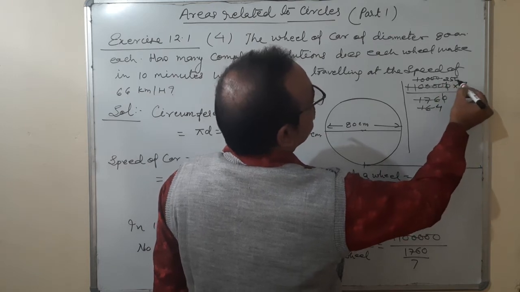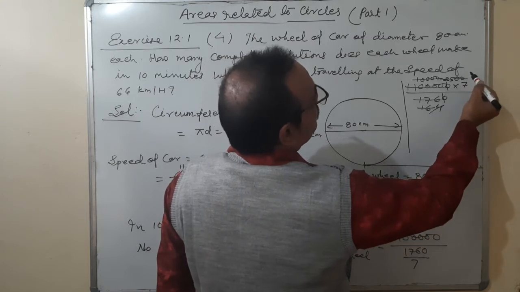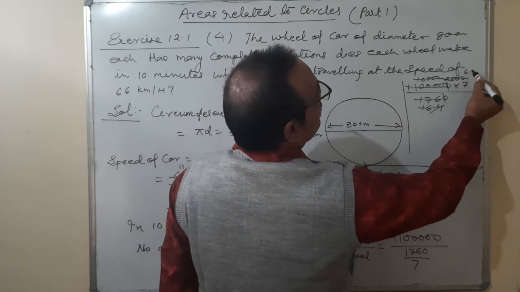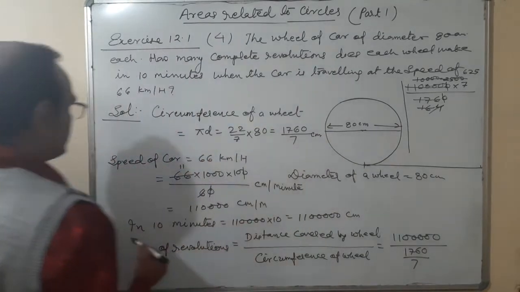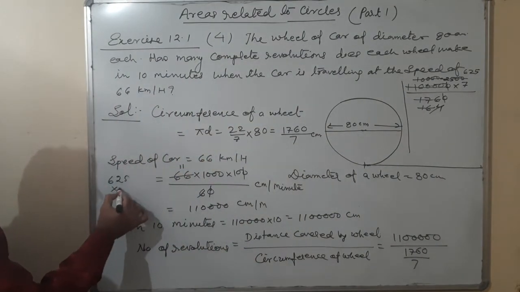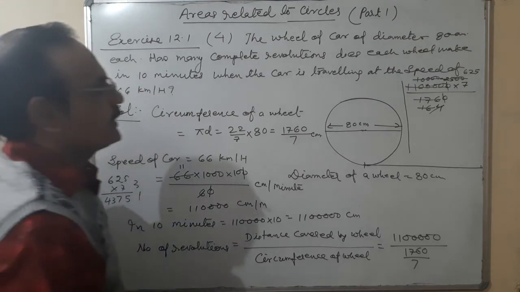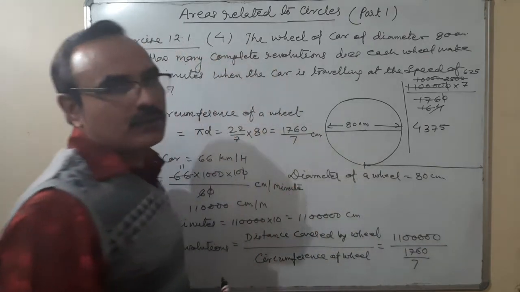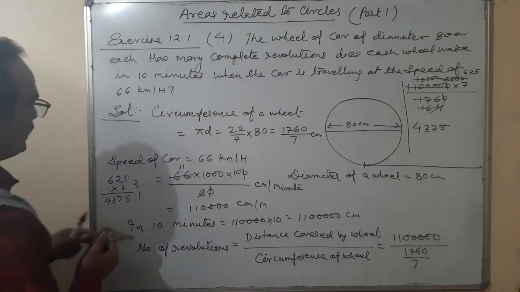25 with 20, again it is cancelled by 4. 46 ja 20, 45 ja 20. 46 ja 24, 42 ja 8. 45 ja 20. 625 multiplied by 7. 75 ja 35, 37 ja 43, 176 ja 42, 43. 4375. So total number of revolutions made by this wheel is equal to 4375.